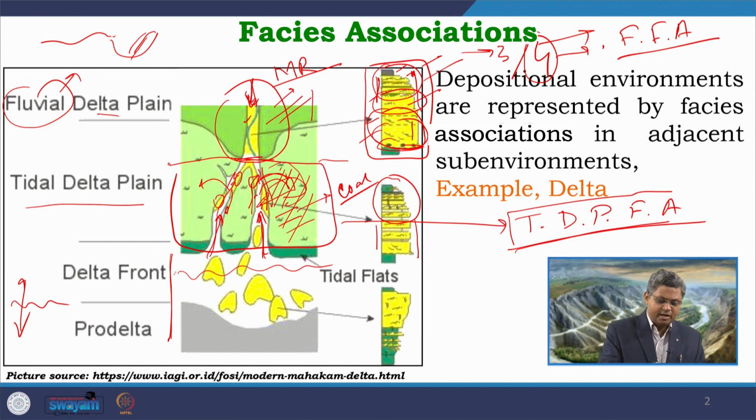In the same way, if I move on to the next part, the delta front part, here the conditions are again different with respect to the earlier two conditions. In this part, it is no more a part of the fluvial channel, but it is now in the open marine part where the river system is supplying the sediments, and those sediments are getting trapped, mostly the coarser materials, and they are forming bars like this. Commonly we call them mouth bars.